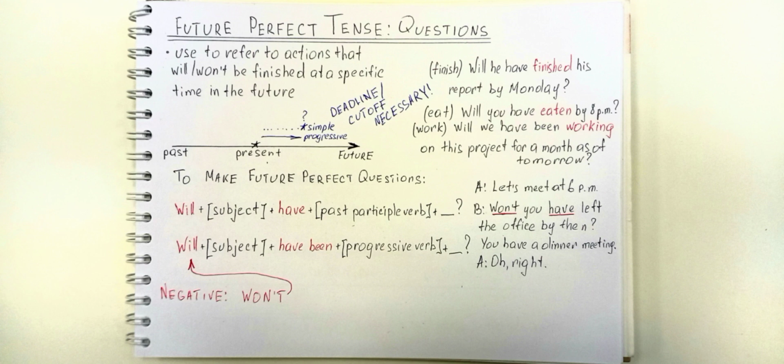I want to finish though with an example of this won't that I mentioned earlier. I made a conversation actually, so let's take a look. A says, let's meet at 6 p.m. Let's imagine it's an office. Let's meet at 6 p.m. B says, won't you have left the office by then? You have a dinner meeting. A says, oh, right. So this is a very common example of when we might use this won't